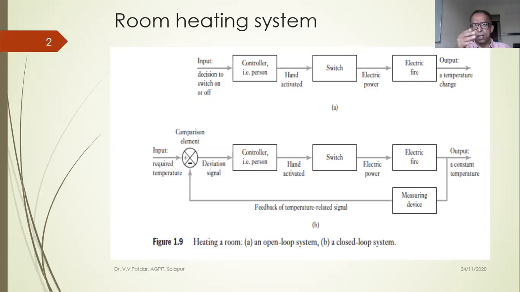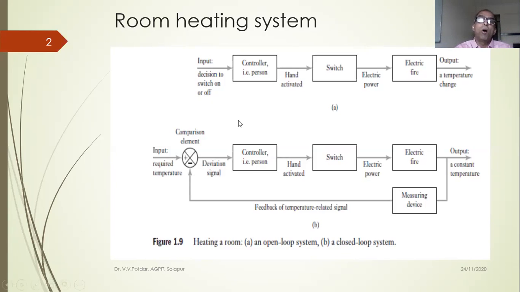Unlike our Asian countries, Asian countries never or very rarely require room heating system. Maybe probably the Kashmir region, Himachal Pradesh region, Assam, and these Himalayan regions, wherein the temperatures are sometimes sub-zero. There, the room heating systems are required. Otherwise, in peninsular India, we mostly don't require the room heating system, but we require air conditioning system because of the tropical environment. But this example corresponds to room heating system.